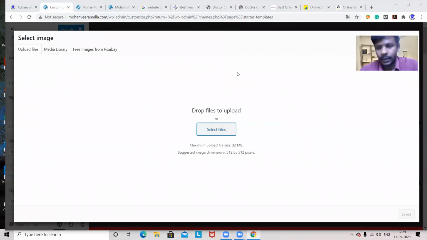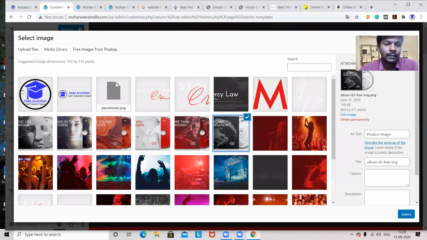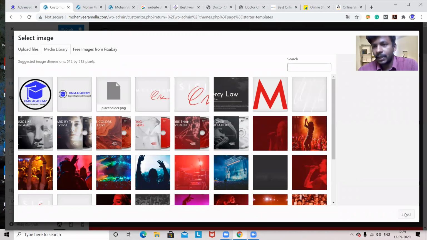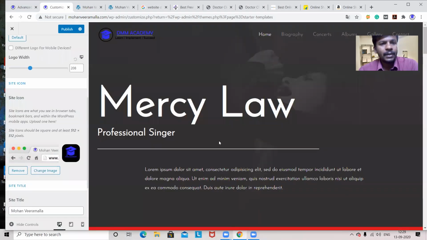So that's why I see, in most websites, what is happening is they are converting their websites into WordPress. Why? Because this is easy to manage and it will take less time. Everything will be good when you go with this kind of site. So I've taken a logo and I've taken a site icon.